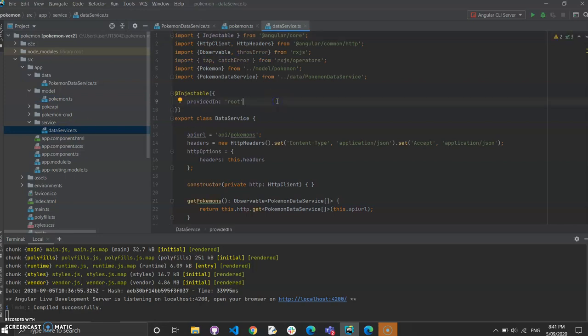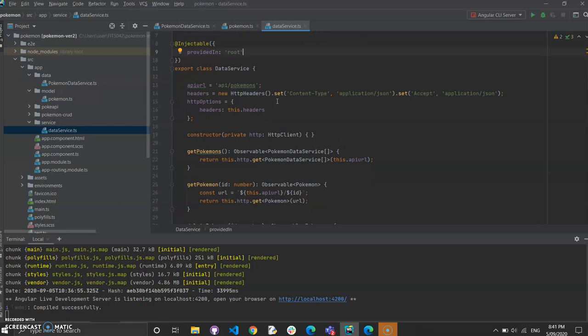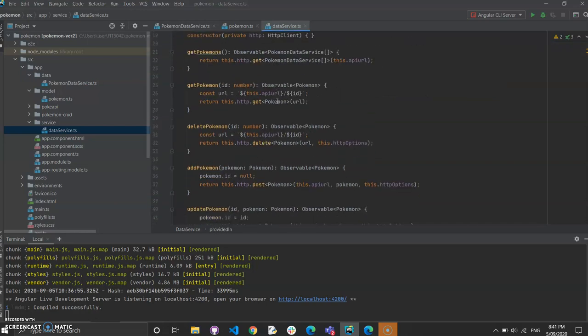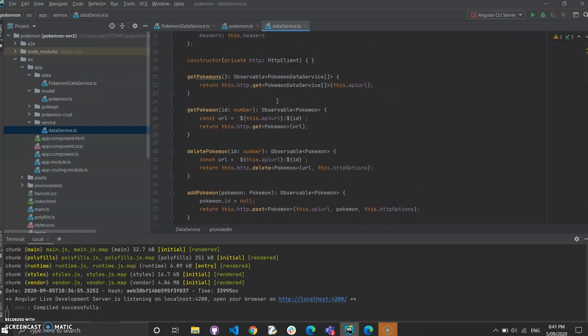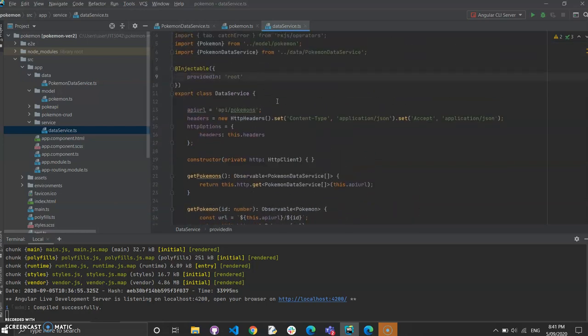The code is given for you. So this is the Pokemon data service. What we are doing here is creating an in-memory API, so we are using an in-memory database, and we would be dealing with the database using this file.